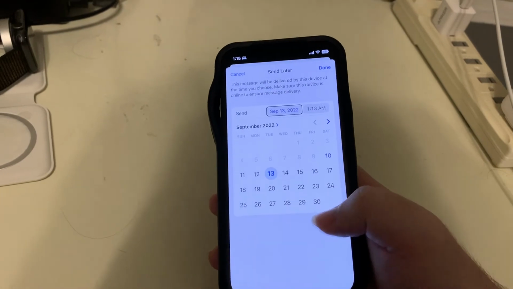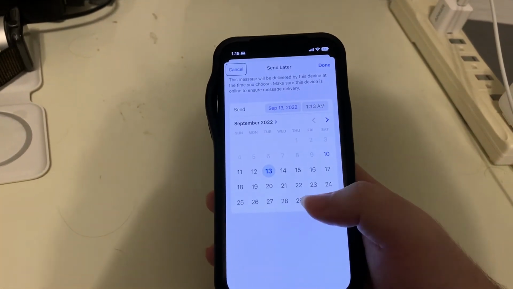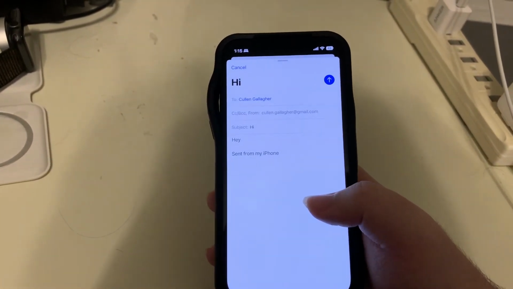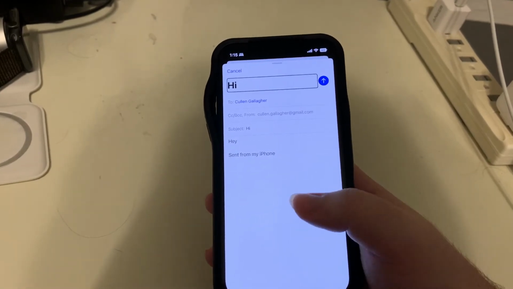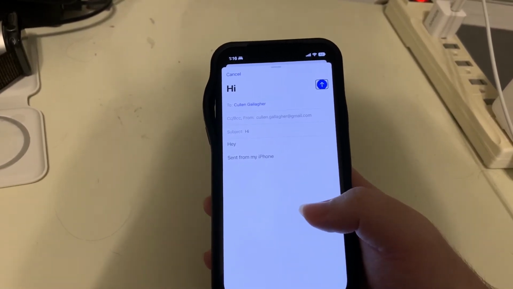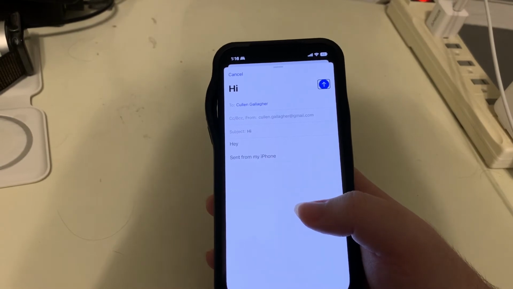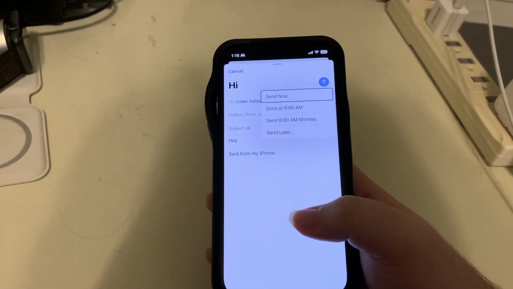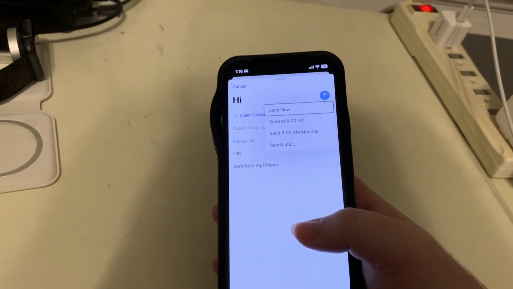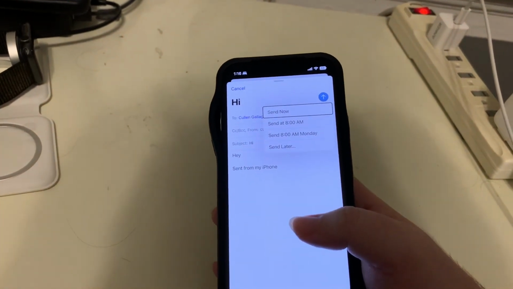So the best options we can do right now: Send Later cancel button. I'll go ahead and cancel out of this, and Minimize draft cancel. I'm going to find the send button again and triple tap. Send now button. So the best we can do is to either, of course, send it now,